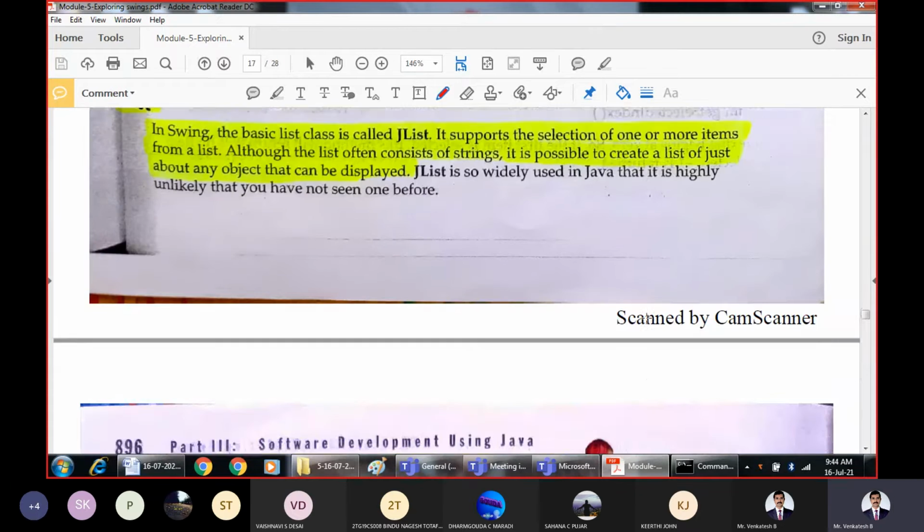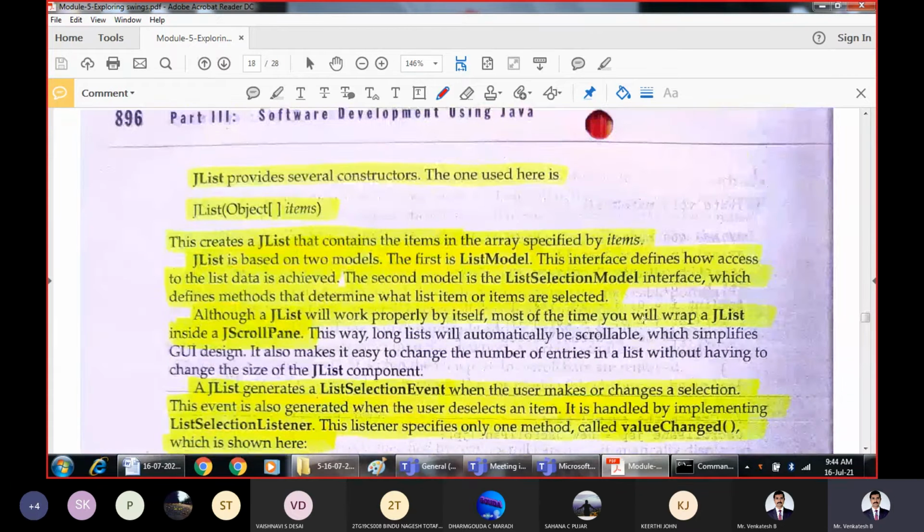So that is what the list is, and it has a different constructor. The frequently used one is the JList constructor, which takes one array as the parameter. That means an array of objects as a parameter, and that is going to contain the items in the array specified.